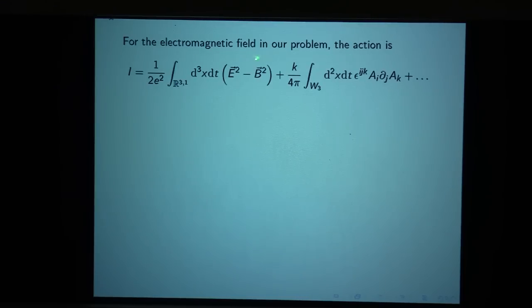So for the electromagnetic field in our problem, the action, well, I've written the bulk Maxwell action. It's integrated over all of space-time. And then there's the Chern-Simons action that's only integrated over the world volume of the material. Now, see, this has no time derivative, so it's like V. And we throw it away. We consider only gauge fields where V is 0, or at least it's 0 inside our material. This has two time derivatives, so we throw it away because it's not interesting in adiabatic transport. So the only term we're going to care about is this term.